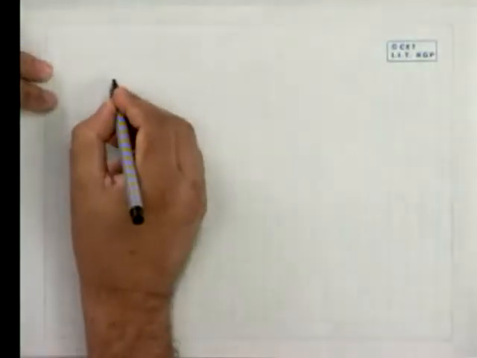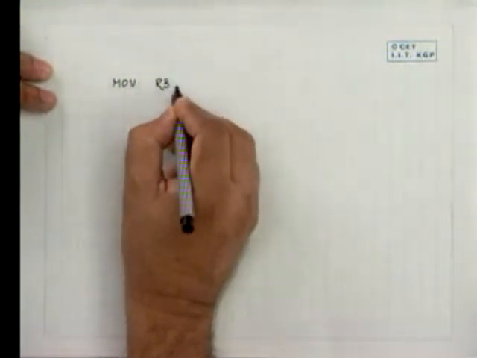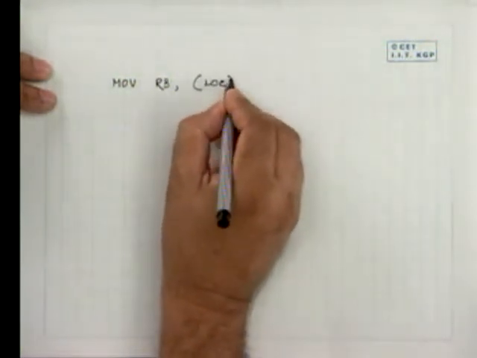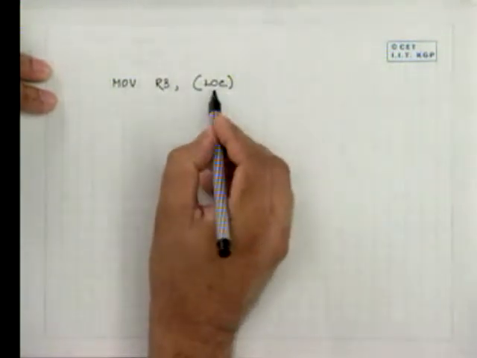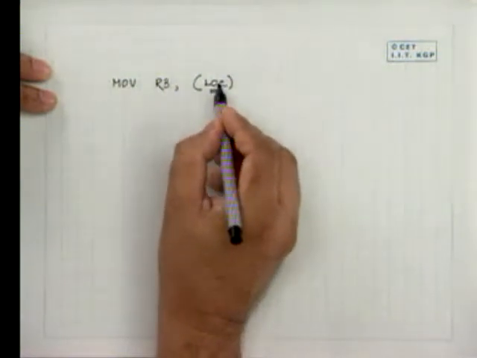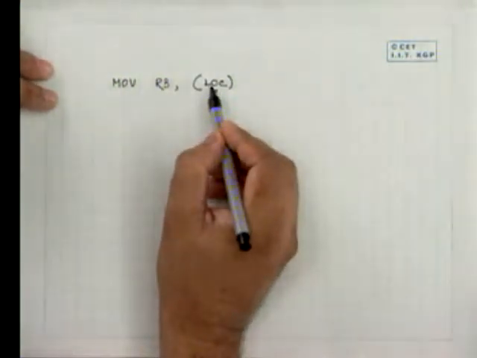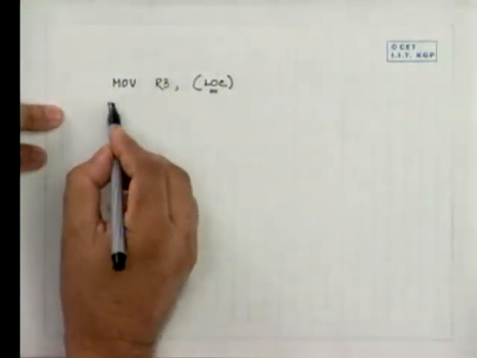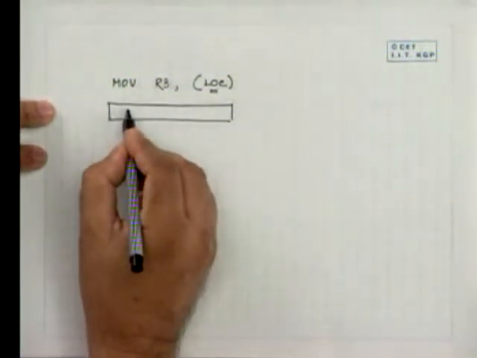Say we say that to move, say to register R3, the content of the memory location pointed to by the content of memory location lock, because this is an indirect addressing, pointed to by memory location lock, that has to be brought into R3. Now, in terms of our machine that we are talking of, this will have an instruction like this, that it should say move